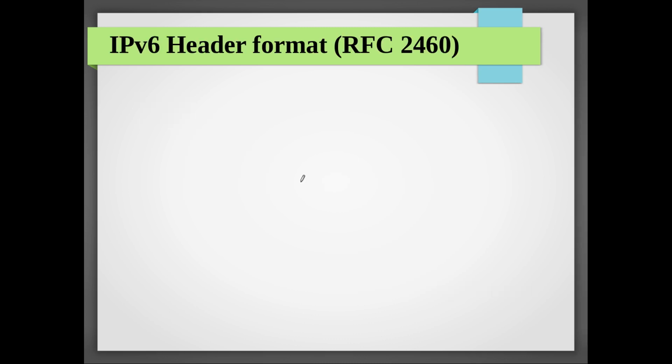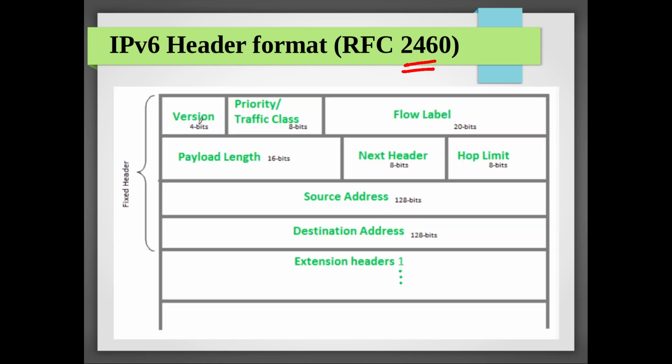So I already told you, please refer to RFC 2460 for detailed explanation on the IPv6 header. You can download this documentation. Now this is how the typical header looks, and here we have the 4-bit version field and the default value is 1